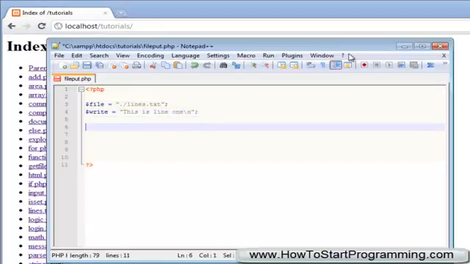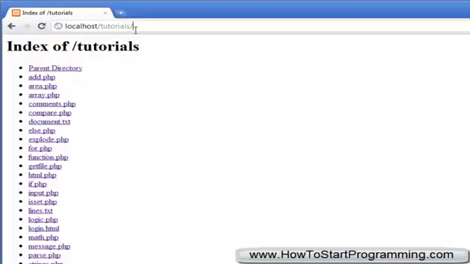Okay, and the way to use the file_put_contents function is similar to the file_get_contents function. You simply have to type file_put_contents, and then in the brackets we need to have 2 mandatory parameters: number 1, the file that we want to write to, which we have stored here, and then number 2, the contents which you want to write to the file, which is here in this write variable. So all we do is type the first, which is file, and then a comma, and then write, and then we'll just save this. And if we go and visit file_put.php,